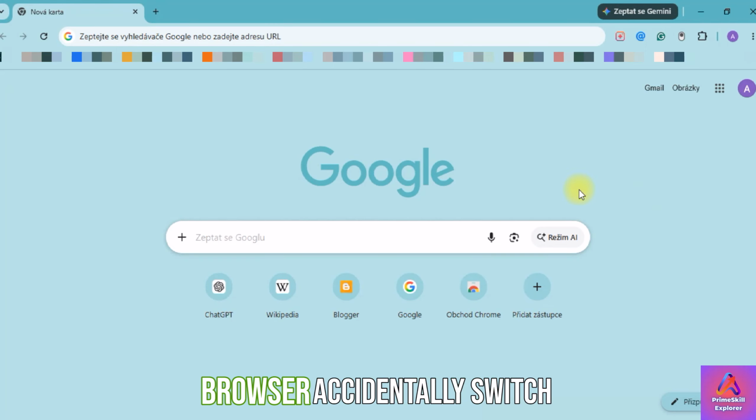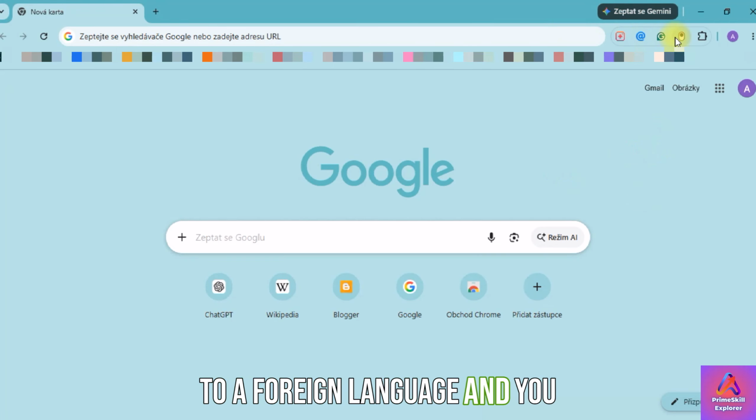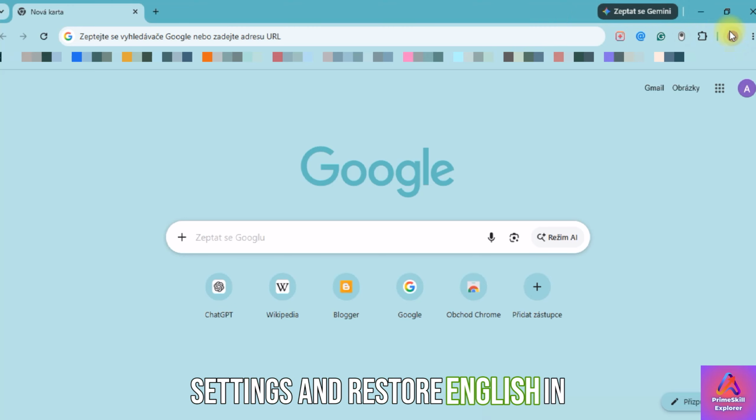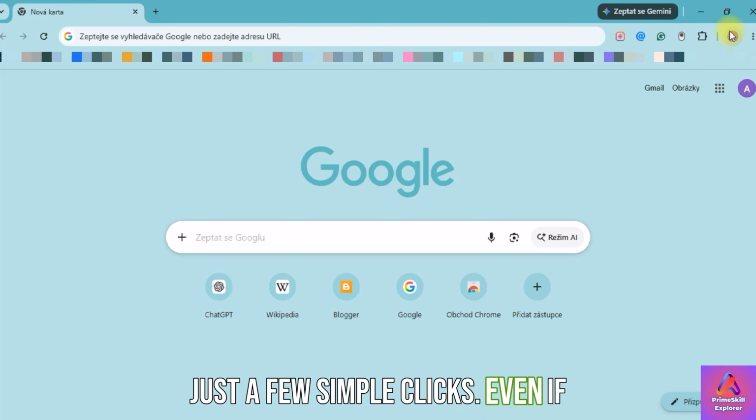Did your Google Chrome browser accidentally switch to a foreign language and you need to get it back to English? Here's how to navigate the settings and restore English in just a few simple clicks, even if you can't read